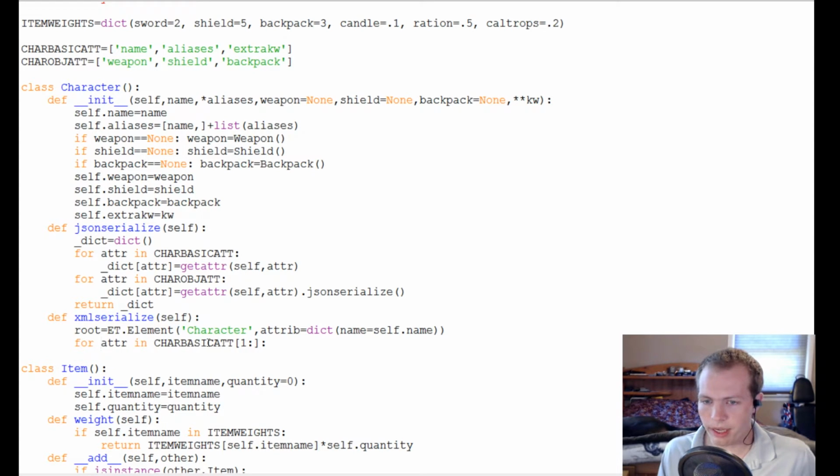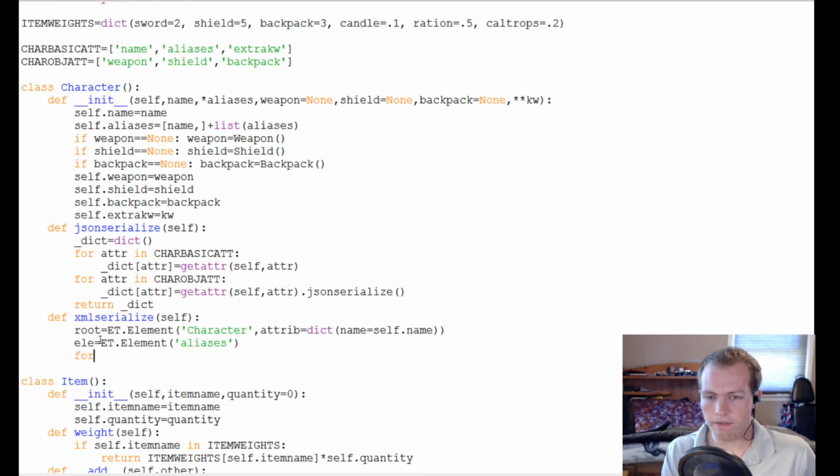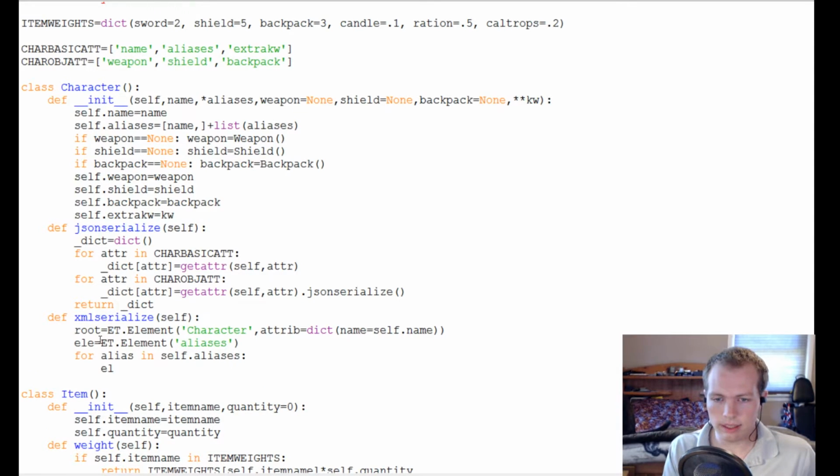So for attribute in, and we're going to skip name because we already used name. Actually, you know what? Let's not do it this way, because we can do what I was talking about with having the aliases each as a separate alias. So I'm just going to use ele equals et.element aliases, and then for alias in self.aliases, L equals et.element alias,